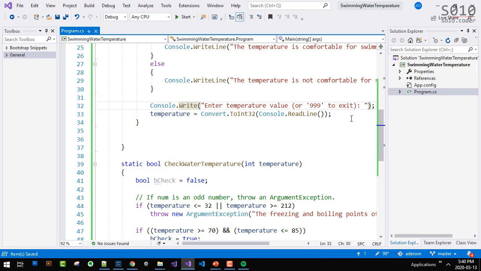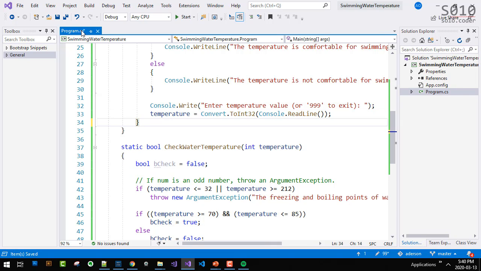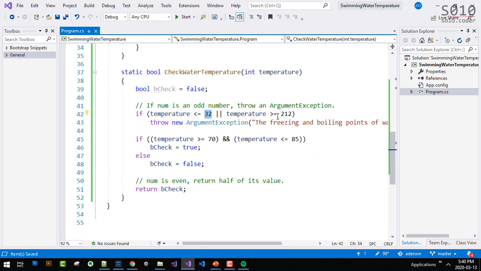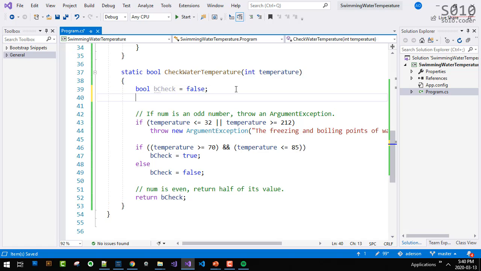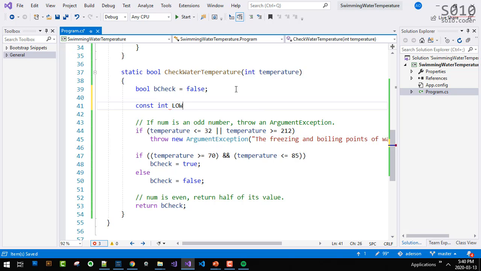Okay, so a few things that I want to fix here. Look, we have a lot of what here? We have a lot of magic numbers, okay? So let's fix them. Let's practice what we preach. So let's use some constants here. So const int low equals to the very low, like 32.